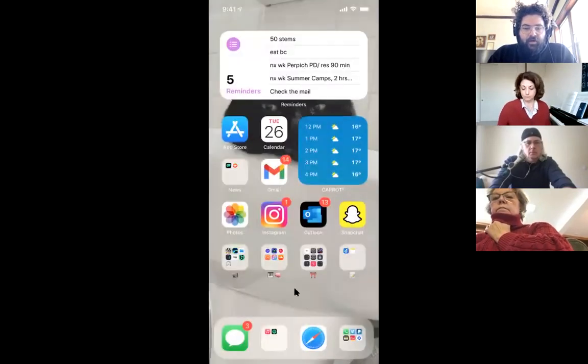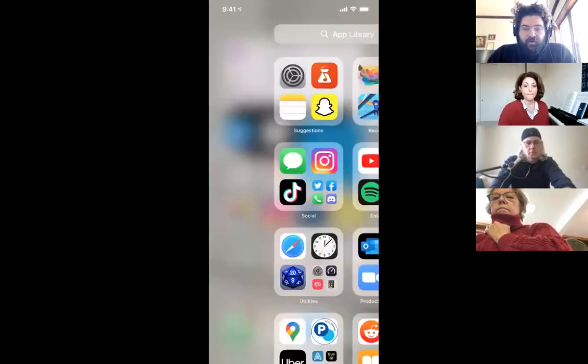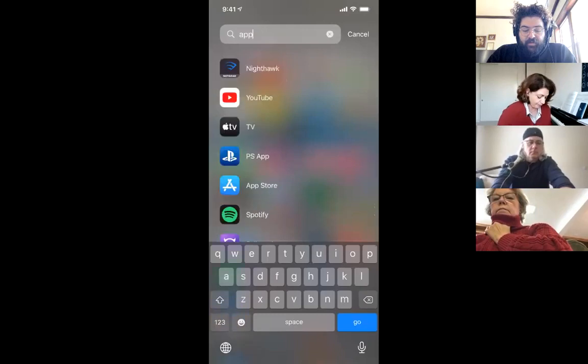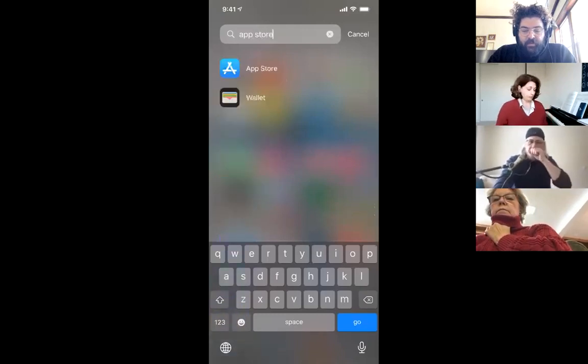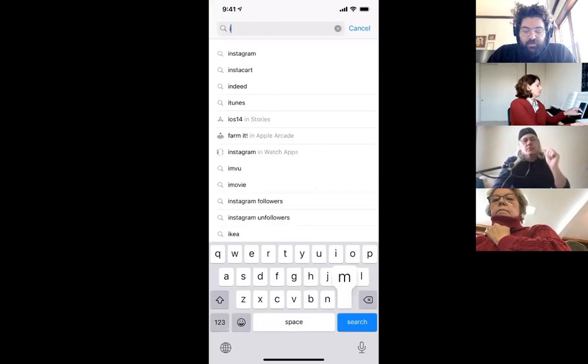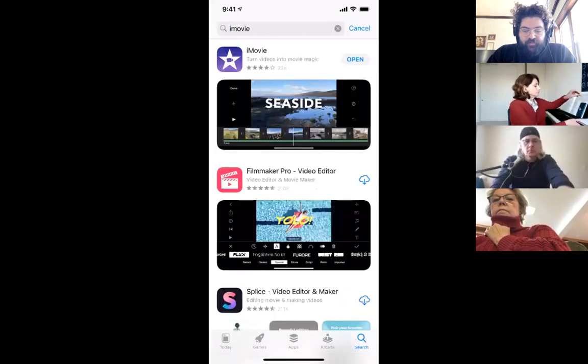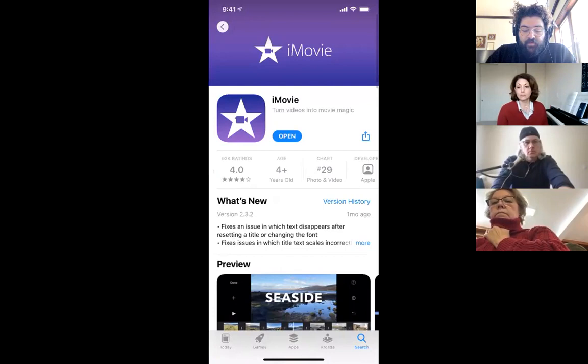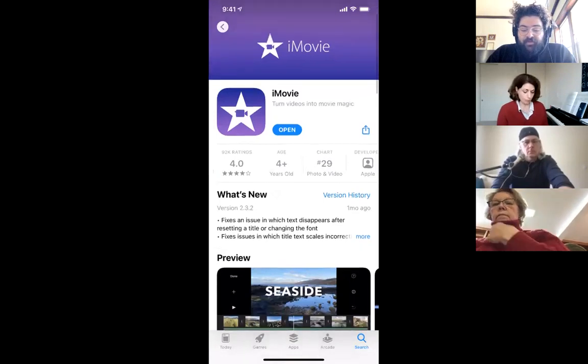And then for newer devices, you can also go to your app library by swiping to the right-hand side. You can find it there by going to App Store. And then up here, as usual, you're just going to want to search for iMovie, and it'll be the first one to come up. This should be the same process if you're on an older device or you aren't updating currently. Normally, it should just download the most recent version right away.